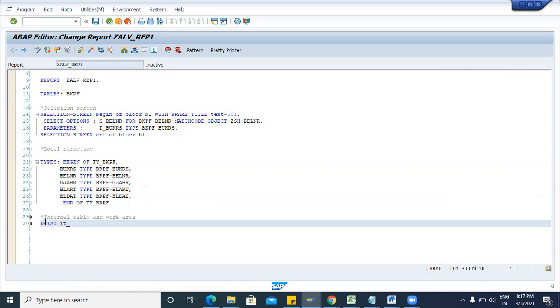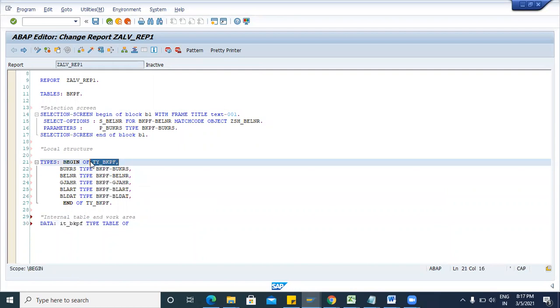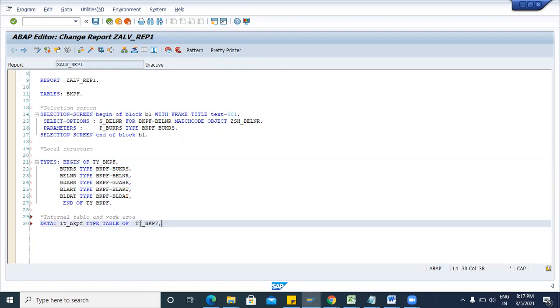So IT, we are taking for internal table, IT BKPF, then type, table of, you can press tab, then copy this TY. So this is the way of declaring the internal table.